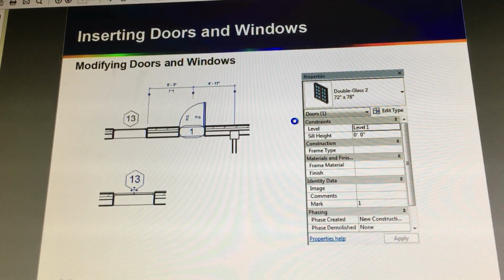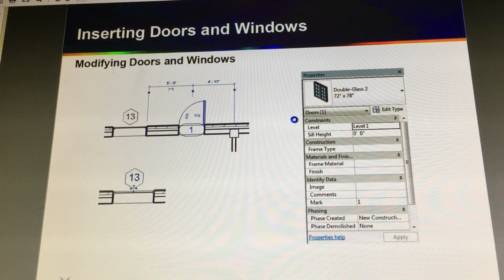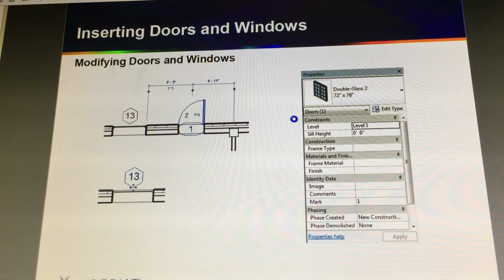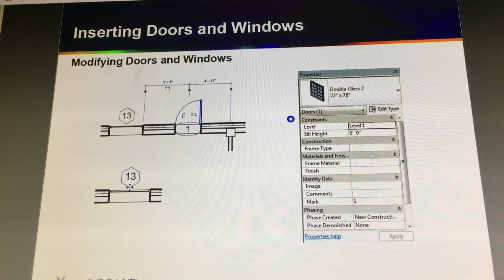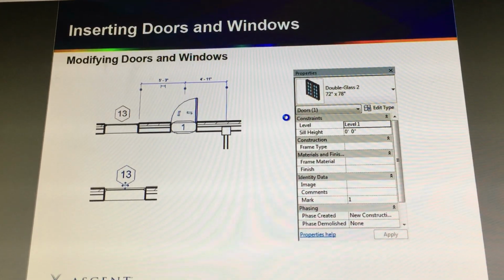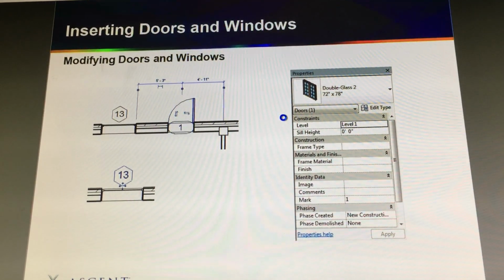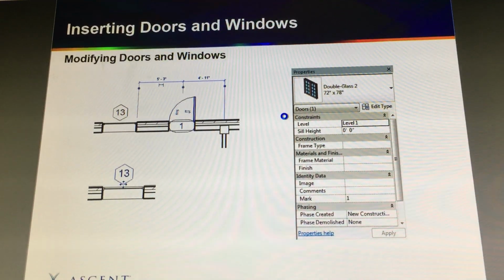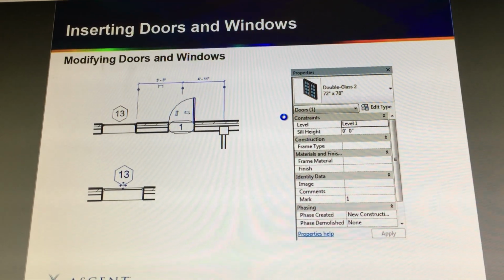So, windows and doors. Here it's talking about the windows right now. Well, actually, I guess it is a door right here. So modifying doors and windows: once you put them in, you can actually change their location by using the temporary dimensions. And this right here is going to be how it measures both doors and windows by default, which is